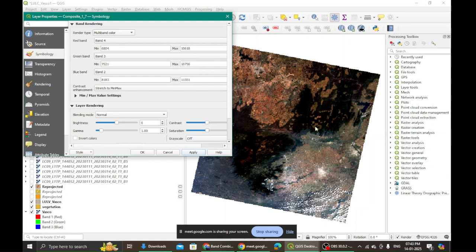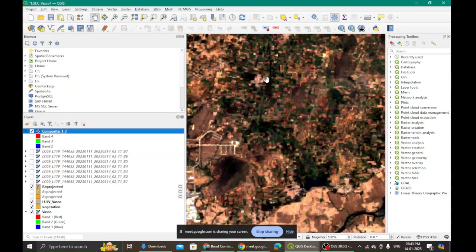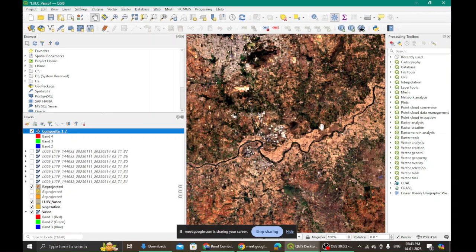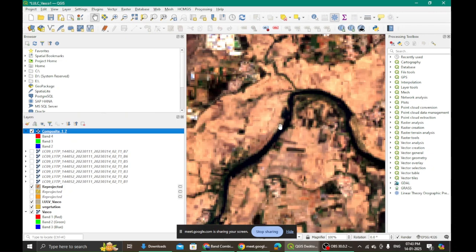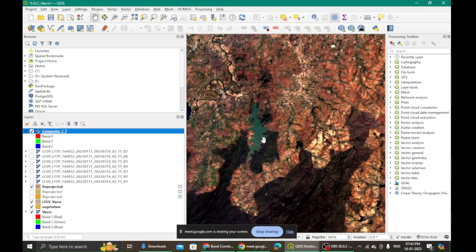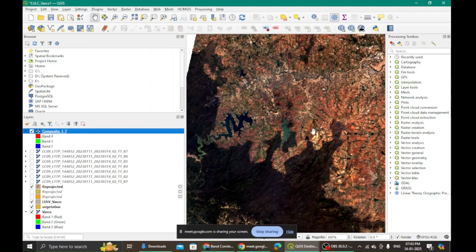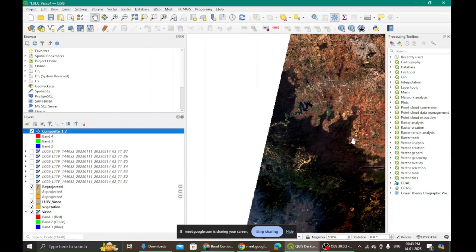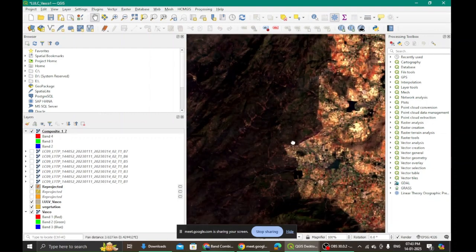and I see that my image has turned into a natural color composite. So we have forest here, scanty forest here, and then we have some barren land, or maybe some vegetation here. See, whatever vegetation is there, this is agricultural land. Checkered pattern is what we see. This is vegetation. The river also appears blue to us here. Water bodies will appear slightly greenish because of the phytoplankton in it. And then these are the reservoirs. See, and then we have these forests.